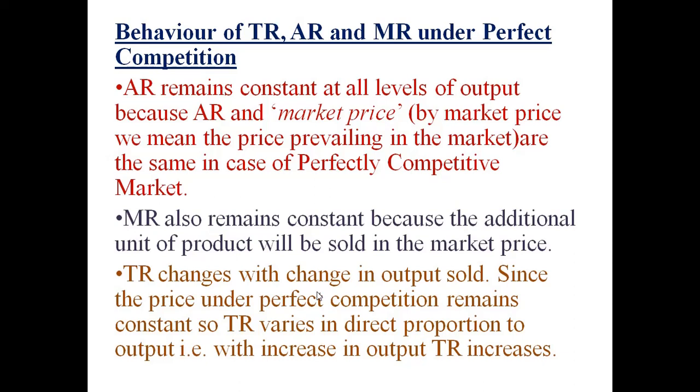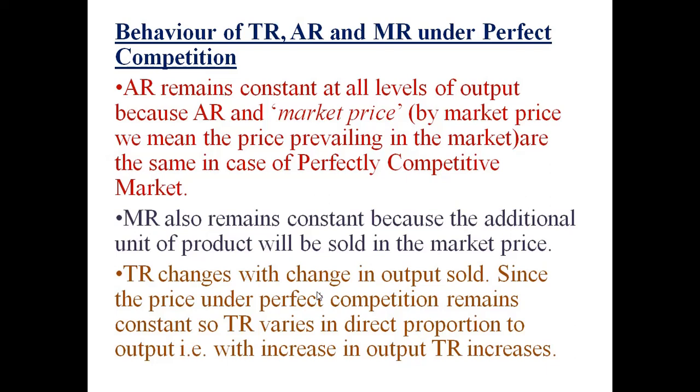For example, let me tell you about the mobile phone industry. So we have Samsung, Oppo, Vivo, OnePlus, Motorola, Nokia, Realme, iPhone. Using all these phones we can make phone calls, we can use WhatsApp, but feature wise they are different. Price is also different, shape, size is also different, isn't it? So this is the situation of imperfect competition.